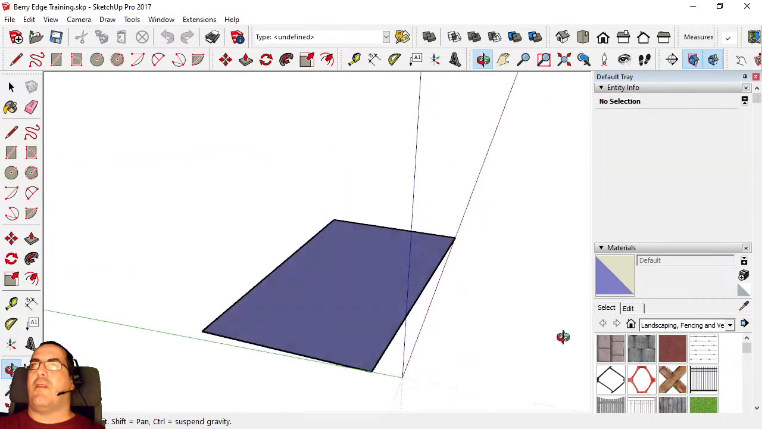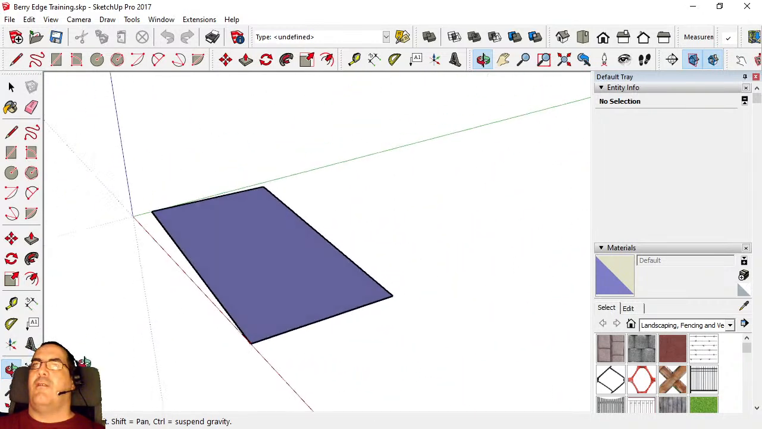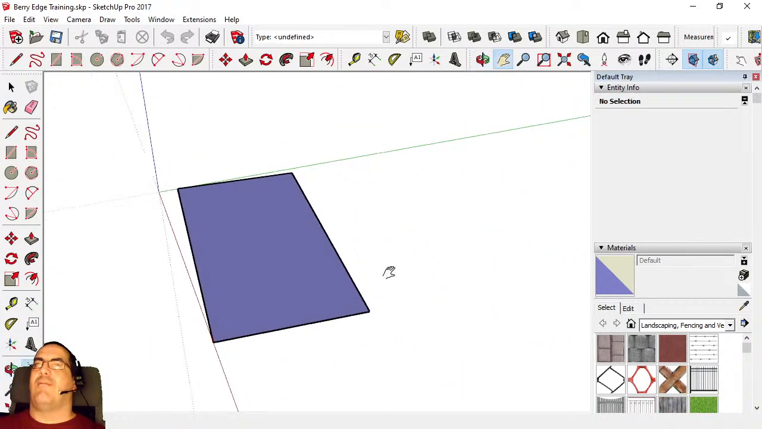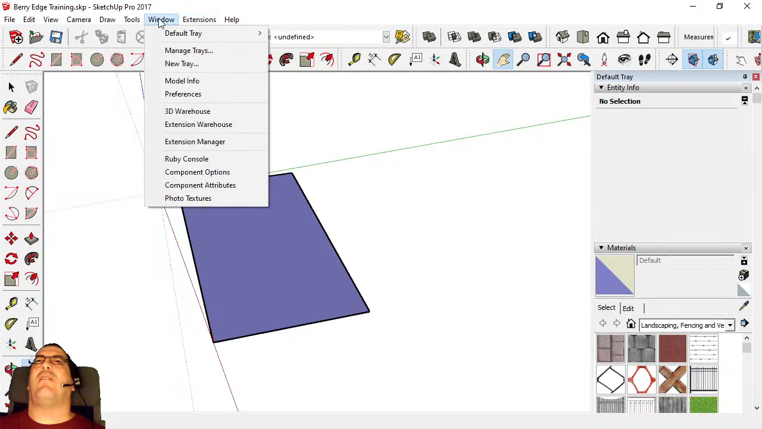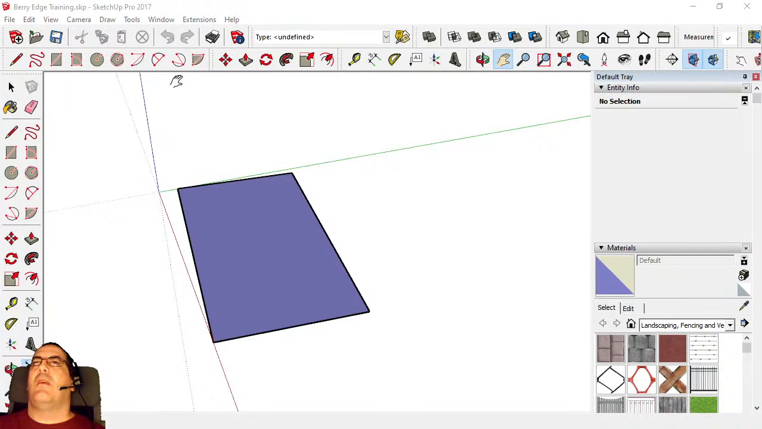Look at it from underneath, look at it from above, all sorts of different angles. But more importantly, this is actually geo-referenced. If I go into the file info section, no, sorry, it's not in File, it's in Window, Model Info, you should actually see